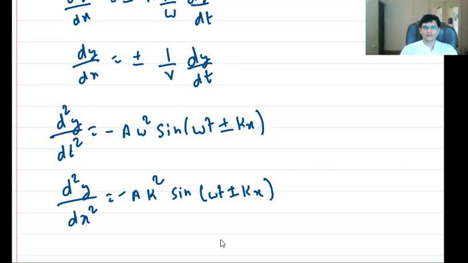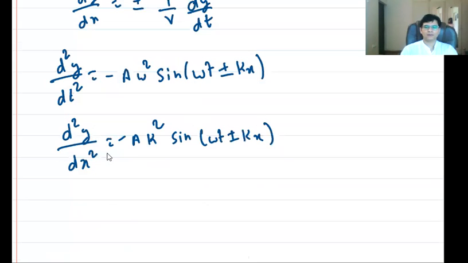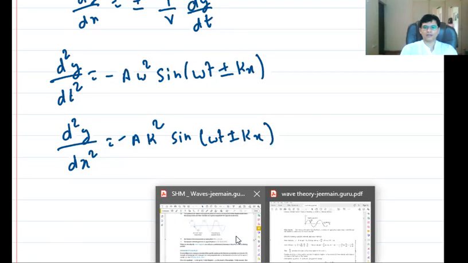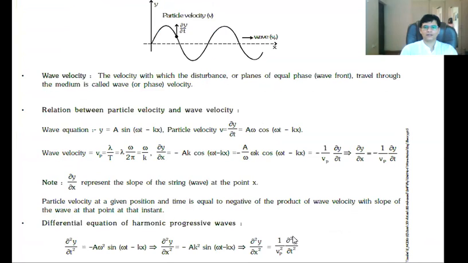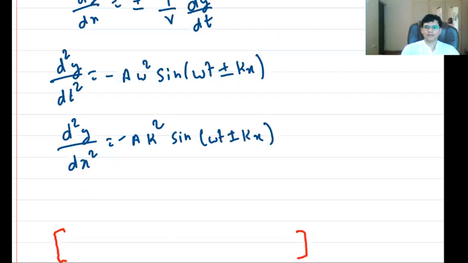ओके। तो यहाँ पे तुम जब रिलेशन देखोगे d square y by dt square, d square y by dx square, रिलेशनशिप देखो तो क्या आ रहा है, बताओ। How many of you get this relationship? यस और नो, ये रिलेशनशिप आ रहा है ना, एग्री? राइट, नोटिस करो, डिवाइड कर दो।